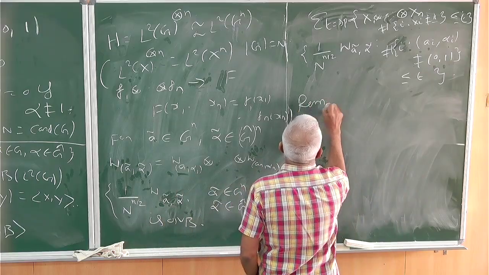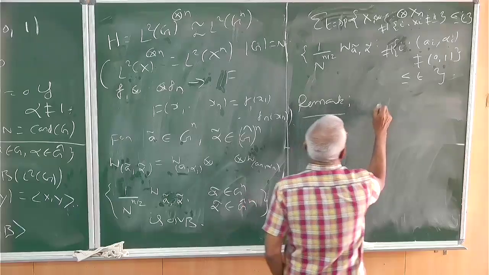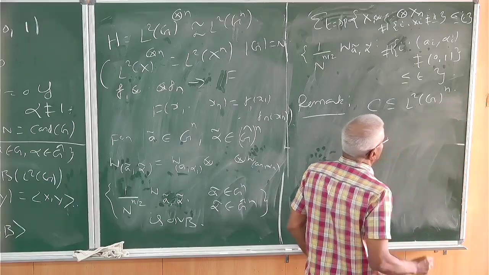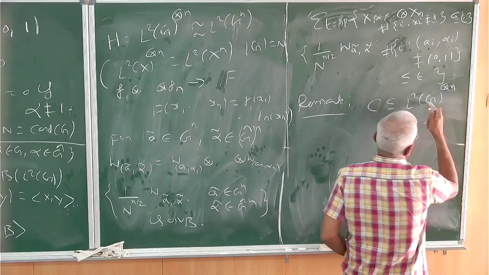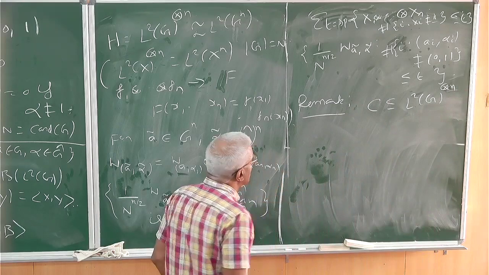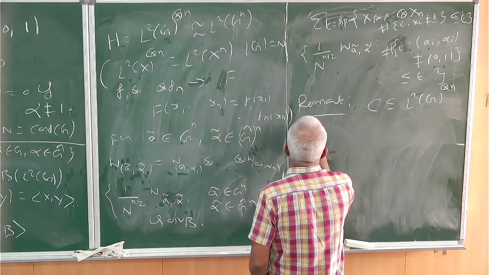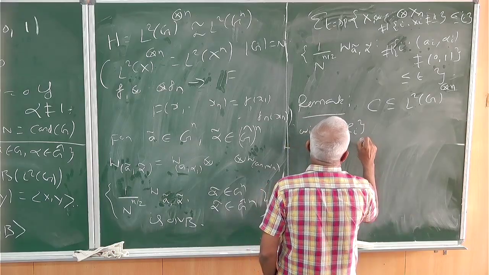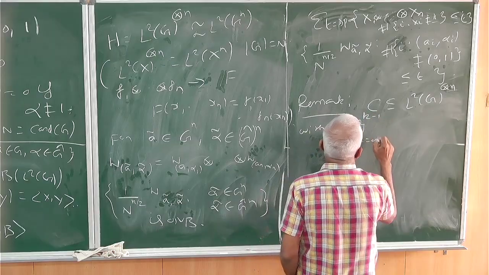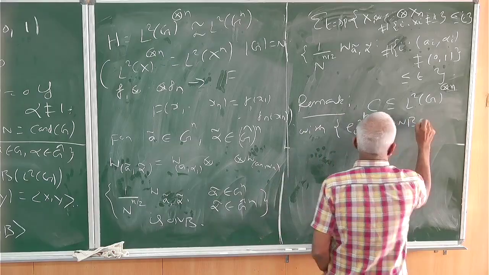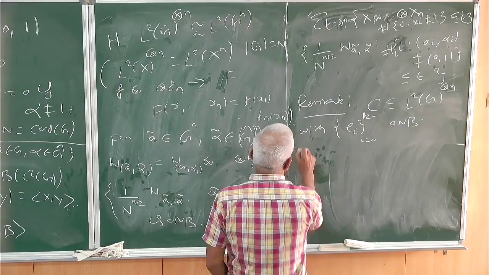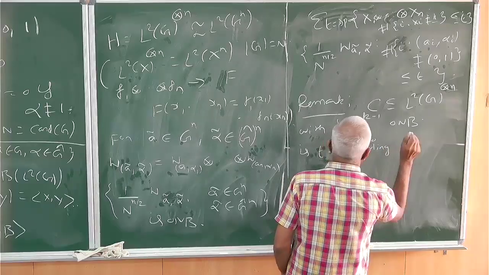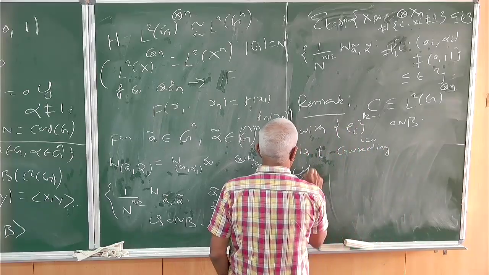Remark: C contained in L2 of C to the n, or you can put the n inside if you want, with e_i, i from 0 to k minus 1, an orthonormal basis. C is t-error correcting, that is, it corrects this error operator space, if and only if